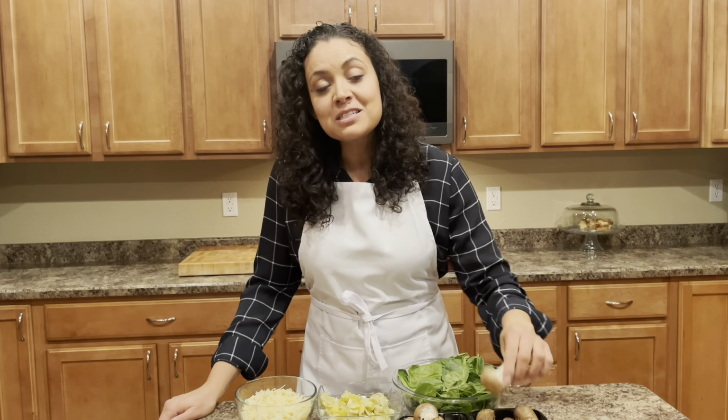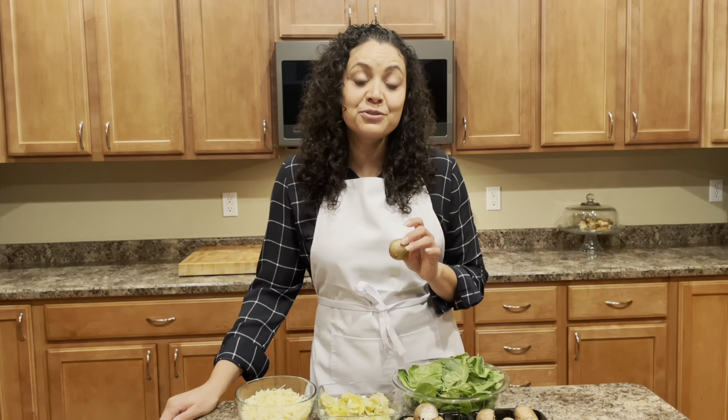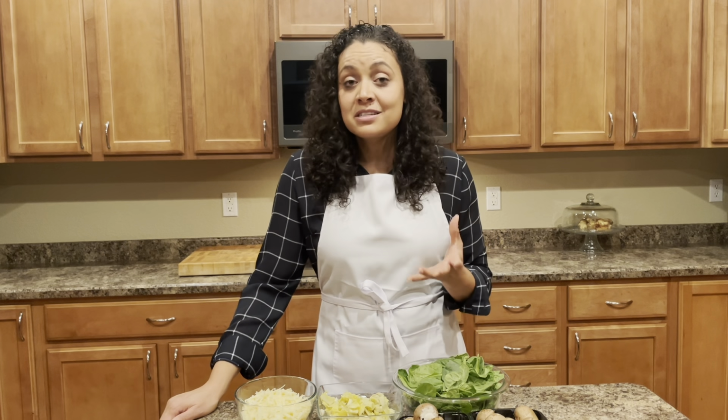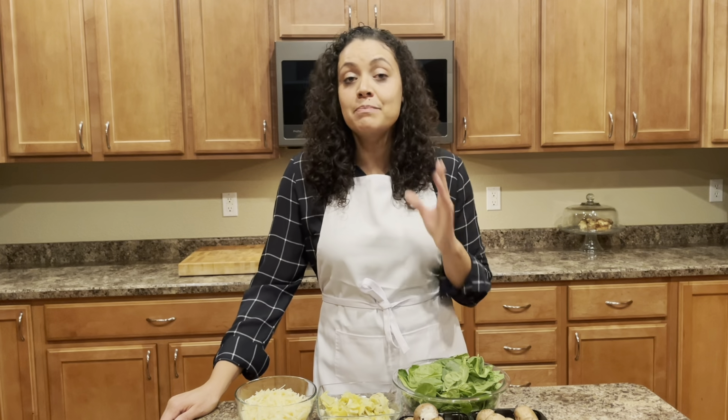Today I am going to be making up for you a batch of my spinach and artichoke stuffed mushrooms. One thing I really like about mushrooms is that they are very hearty and they are a good substitute for meat. My family and I started years ago having a meatless Monday, and someone had the bright idea along